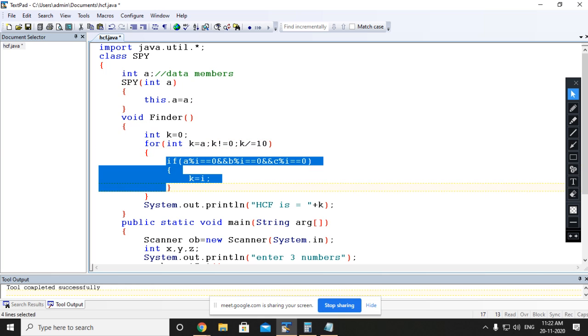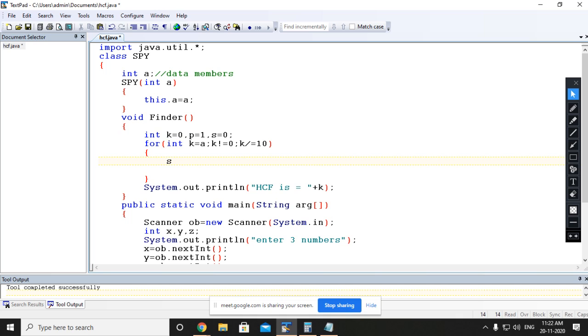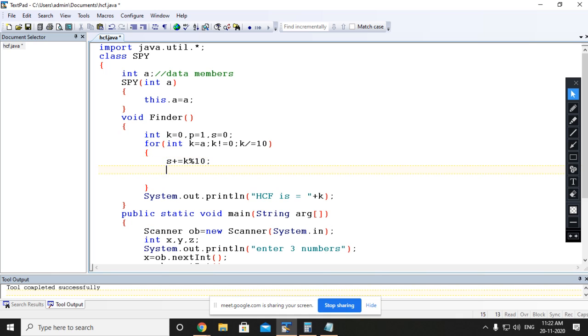Everybody, please look here. In this part, one variable we are using for sum, and one variable we are using for product.